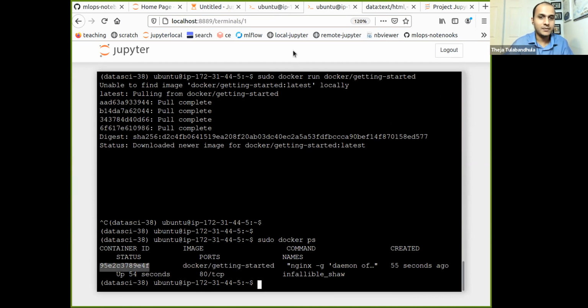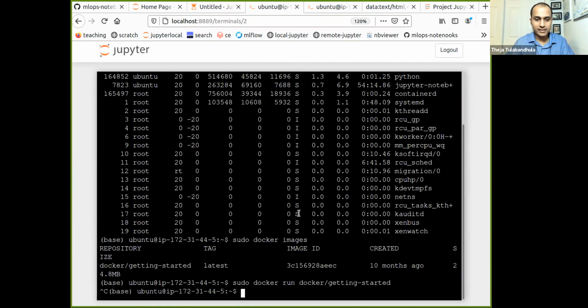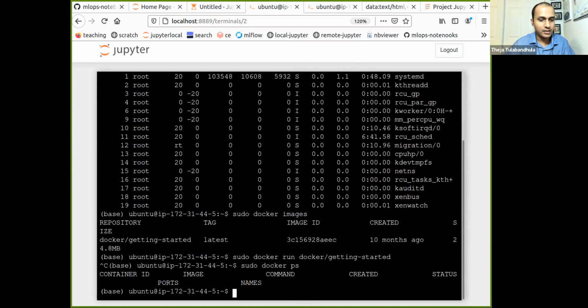So in fact, where's this guy? Let me also cancel this. Okay, now docker ps. Okay, there are no containers running now. So what I was supposed to do was the following: sudo docker run -d. Minus d means run it in the background. And then the port, because it turns out that the getting started image is actually just a bunch of HTML files. So we're just going to port forward.